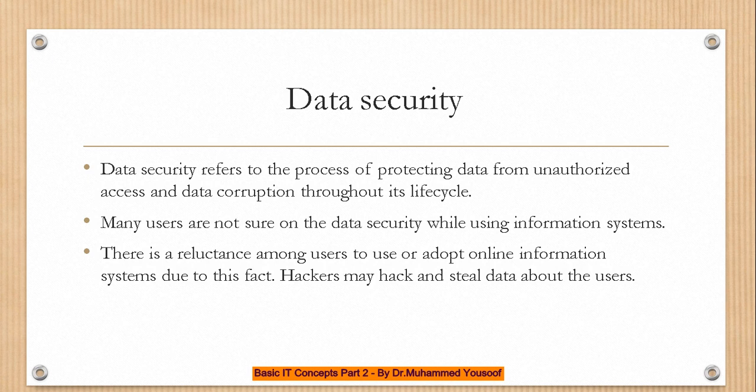The next concept that you have to know very clearly is called data security. Whenever you are going to access your information in the information system, your information is subject to vulnerability or threat from hackers. So it is very important to gain the confidence of the end user by assuring them that the data which is actually used is secure and intact and nobody can steal the data. That's called data security. It is nothing but protecting the data from unauthorized access. You know what is unauthorized? Somebody who is not supposed to see the data sees the data, and that is called unauthorized access.